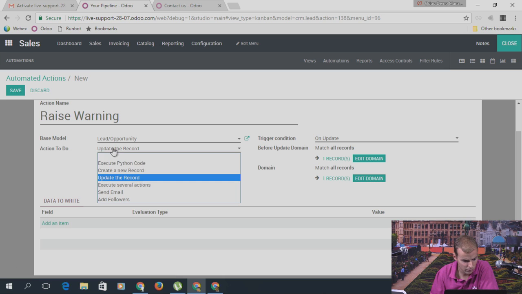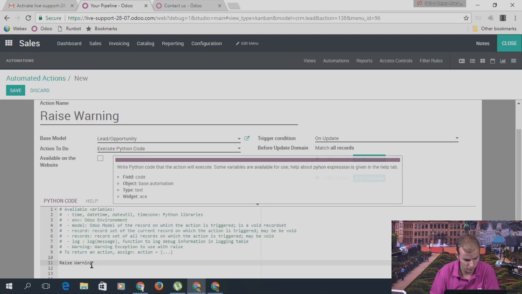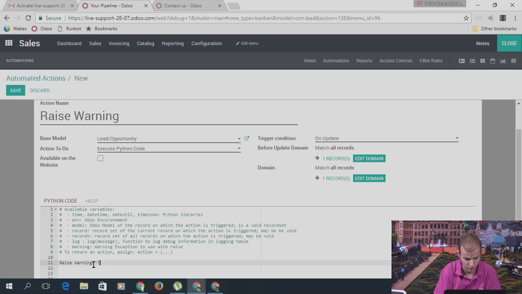And then I want to execute a Python code where I will actually raise a warning. So if I raise a warning, I think there is a space between, warning not approved,